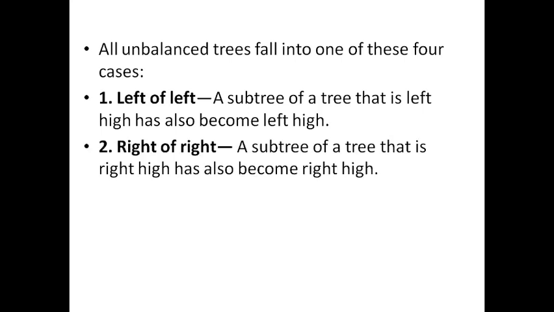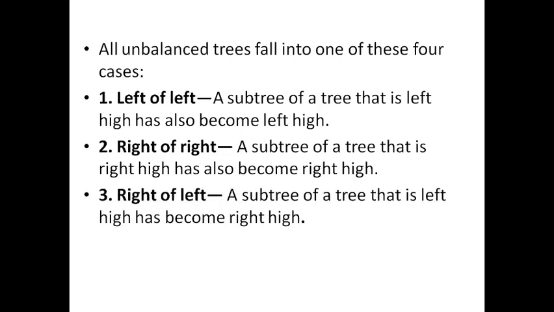So here, between the left subtree and the right subtree, there is an excess node, which causes the node to become unbalanced. These two are simple cases, but the third case is slightly more complex, which is right of left. Here the basic unbalancing is in the left subtree, but within the left subtree there is an unbalancing in the right. I will show you an example so that you can clearly understand this.